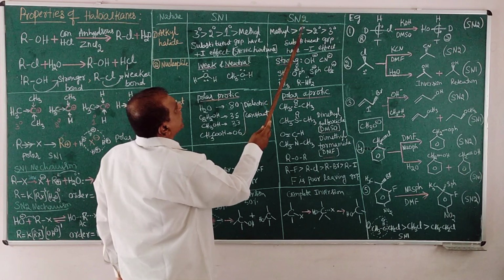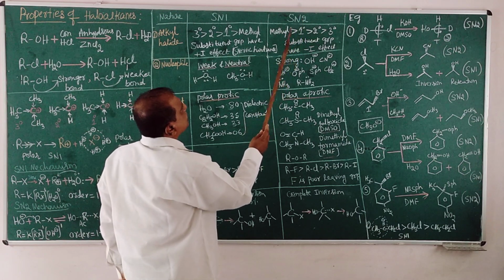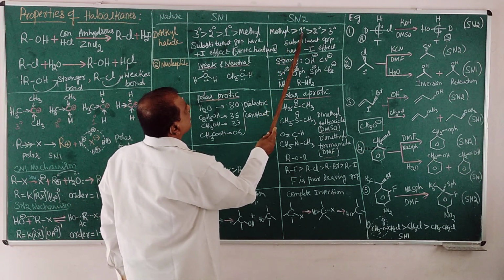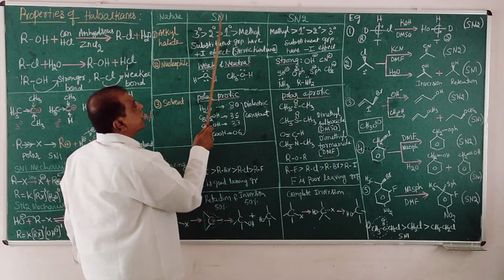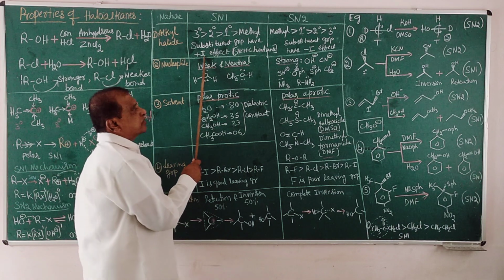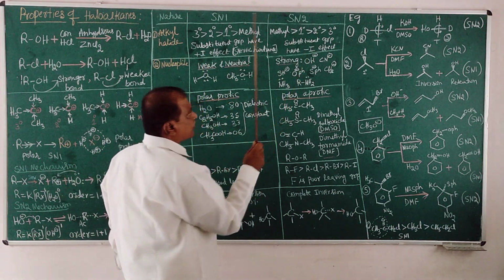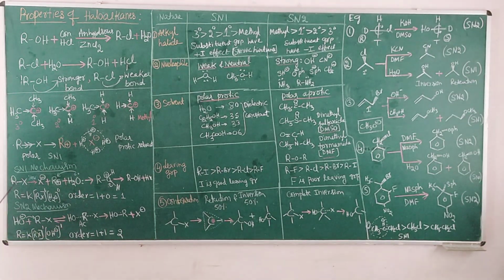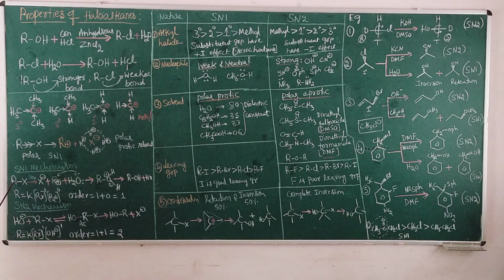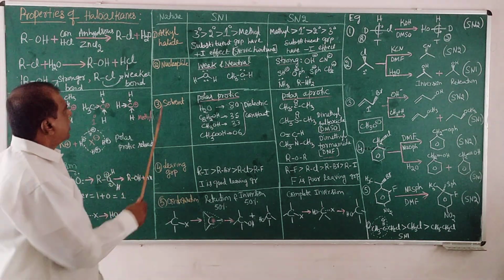It is favored by methyl, this and this are more favorable for this. In this case, this and this are more favorable. In addition to this, the plus I effect plays an important role, and the minus I effect plays an important role. So the nature of the alkyl halide and the presence of substituents on the carbocation, the simple carbon, play an important role. And next is